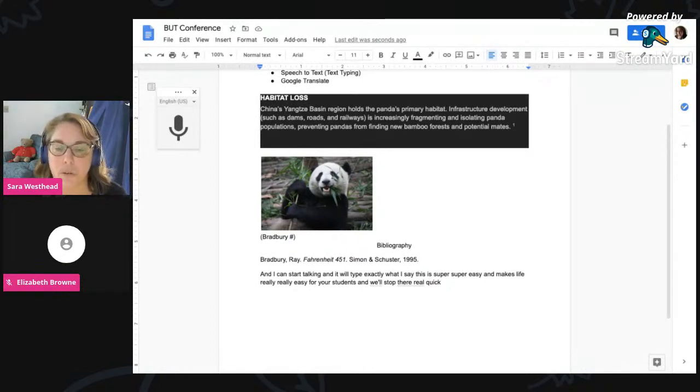So thinking about those students who have physical challenges that, because they can't write, they can't type, or if you have students who just have a hard time getting their words on the paper, that may be the answer. So all they need is Google Docs, Google Chrome, and a microphone built in. So